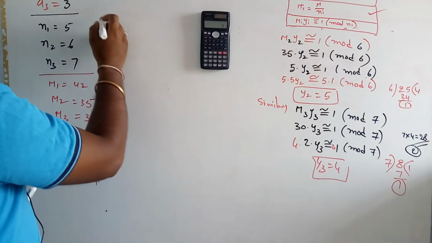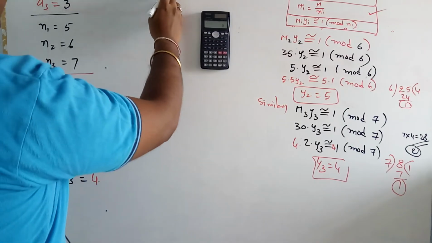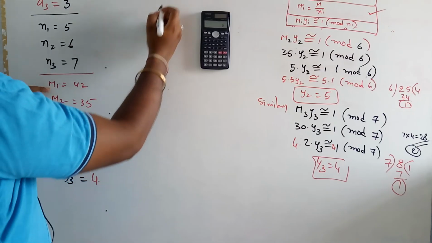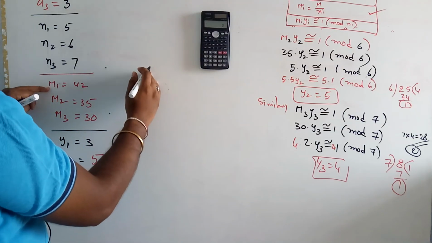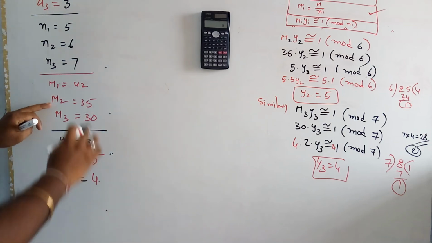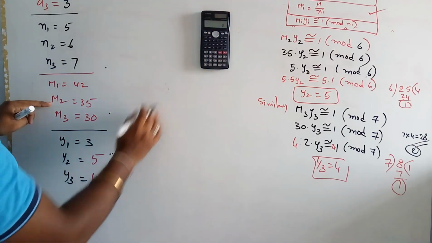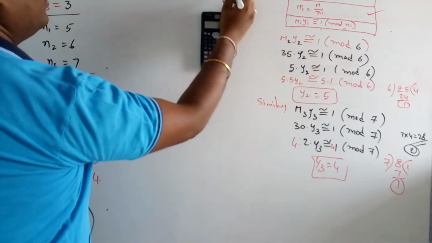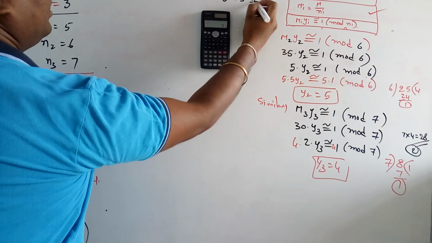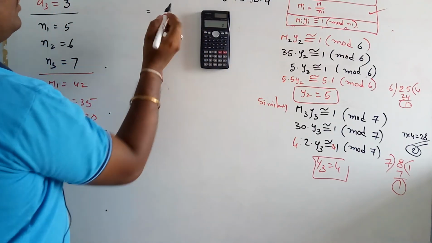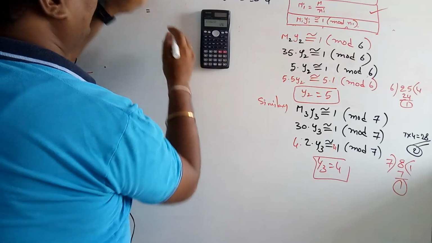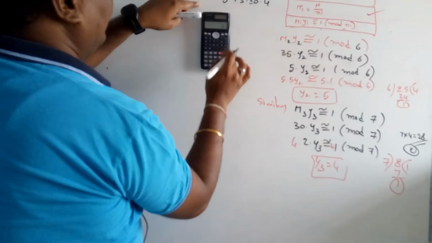Therefore, I am substituting these values into the formula: A1 is 1 into M1 is 42 into Y1 is 3, plus A2 is 2 into M2 is 35 into Y2 is 5, plus A3 is 3 into M3 is 30 into Y3 is 4. That is equal to 1 into 42 into 3, which is 126, plus 2